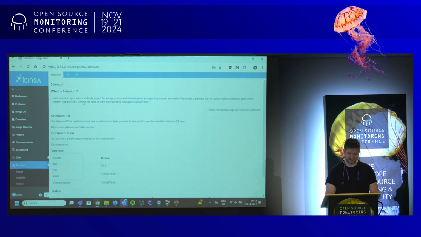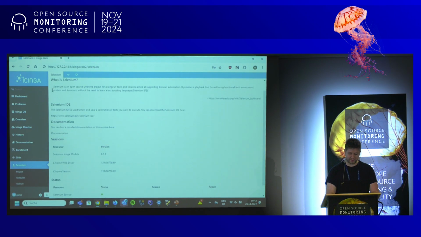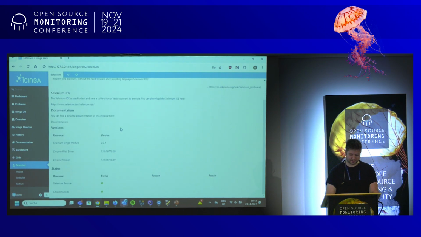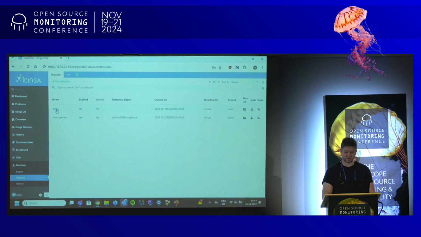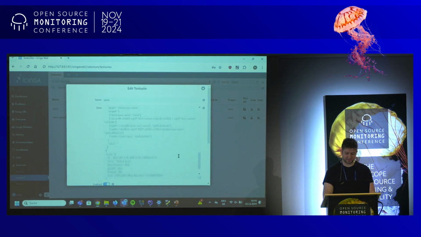There is the Selenium site that explains what Selenium is and where you can get the browser extension, and you have information about your service and your Chrome driver. You can add a project because maybe you don't want all of your users to see your Selenium test suites and test runs. So all of these get a project,